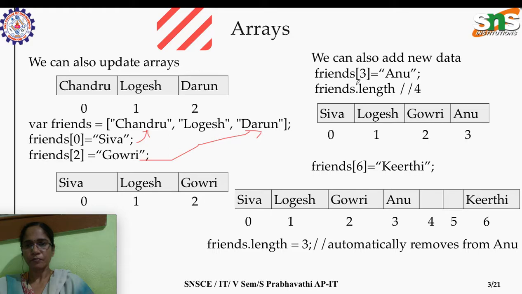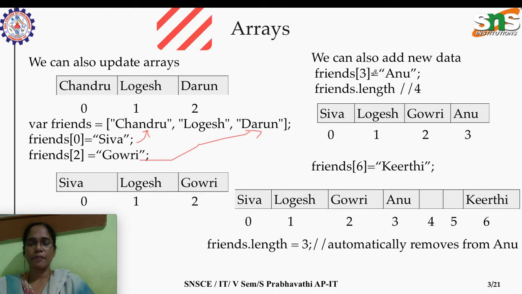And we can also add a new item into the array. For example, in this current array we have only 3 items where the last index is 2, and if we want to add one more item, it's clearly allowed in JavaScript, whereas in other programming languages you need to mention the array size at the very first step and that's it. You cannot expand or shrink. Here all the possibilities are allowed in JavaScript.